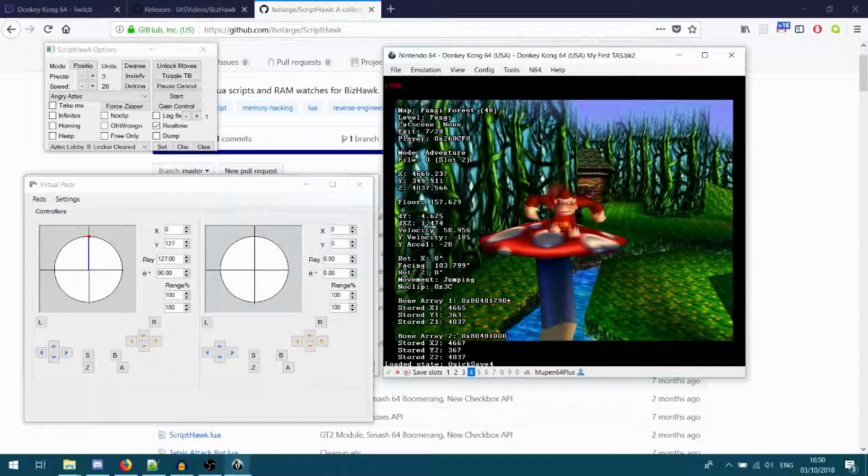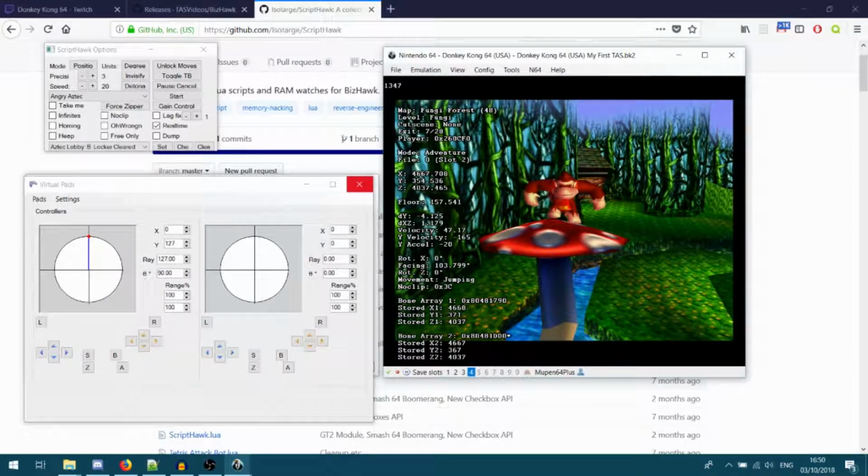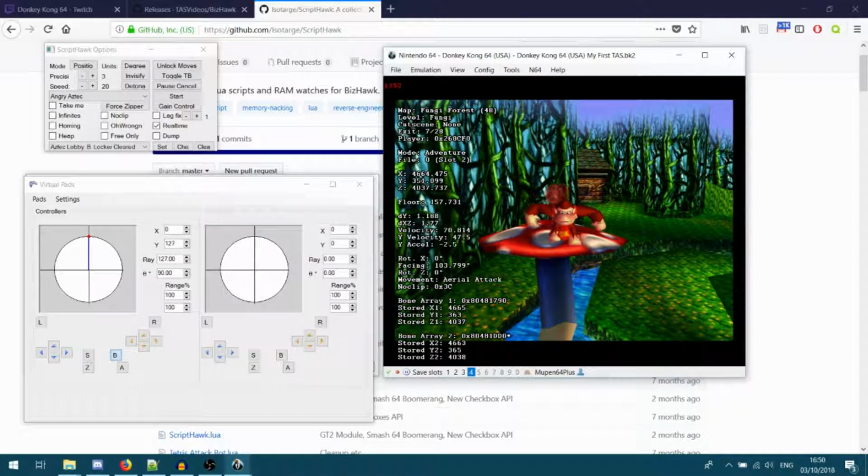So it went to 454, I think it was. Yeah. So once it gets to that point, press B, and that's because a frame later it will dip below that floor value, and then you'll be getting your aerial attack on the way up as close to the ledge as possible. So you'll see right here,